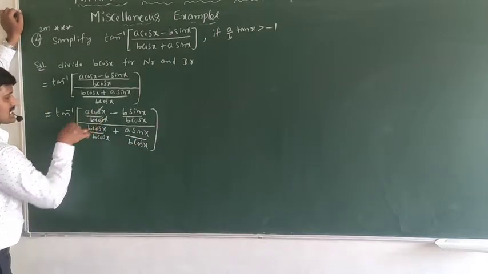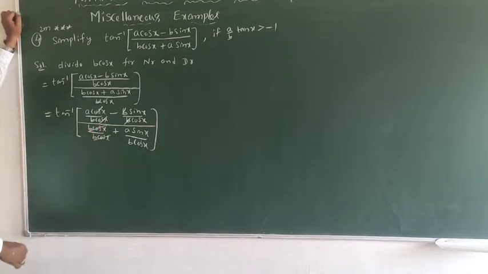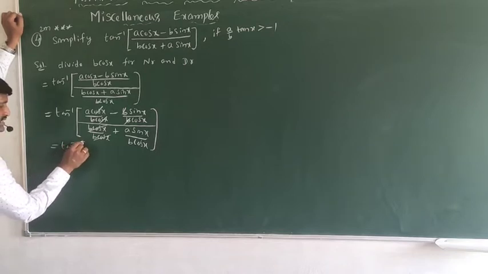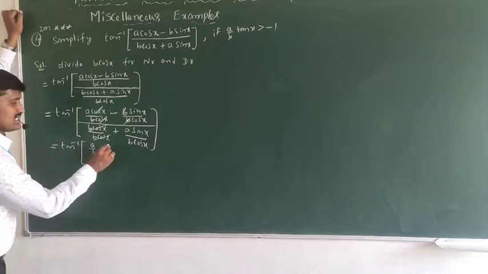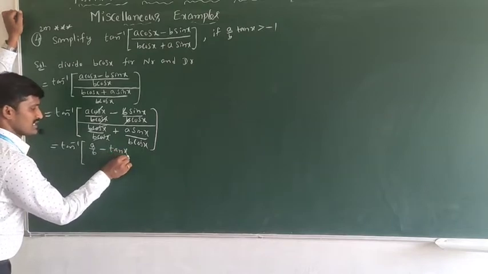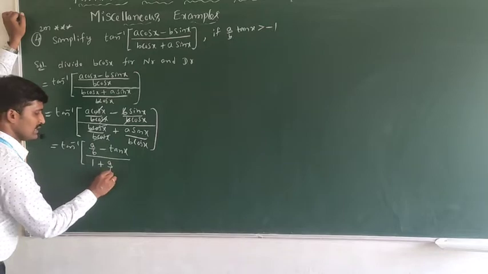Now we have cos x cancelled, b cancelled, b cos x cancelled. Here next, tan inverse of a by b minus sin by cos, tan x, by 1 plus a by